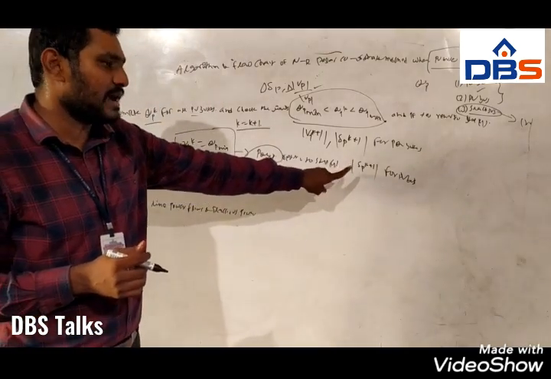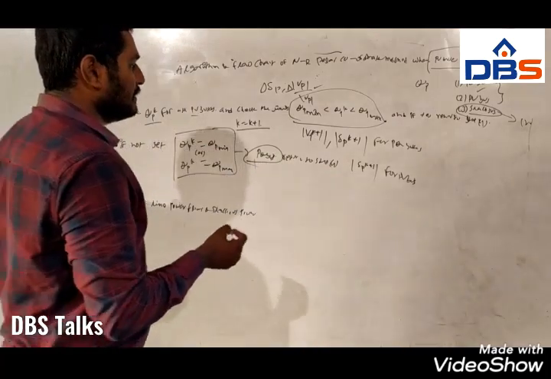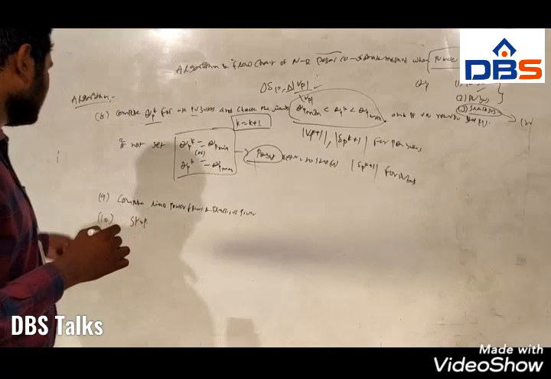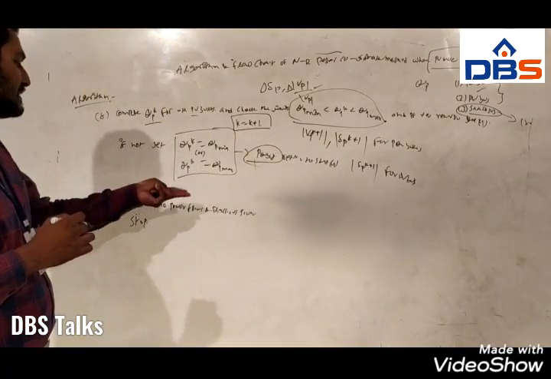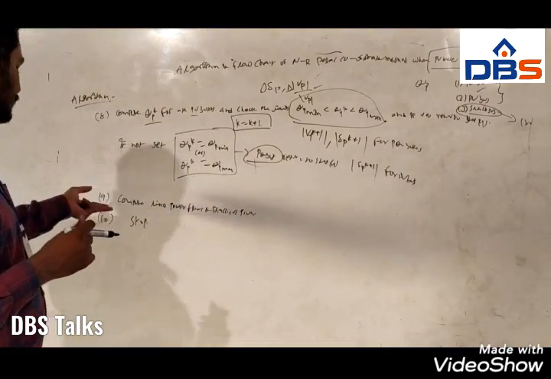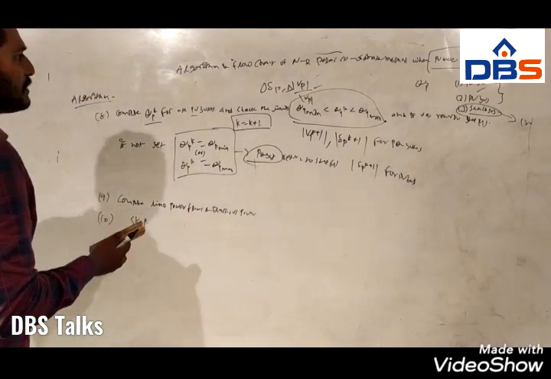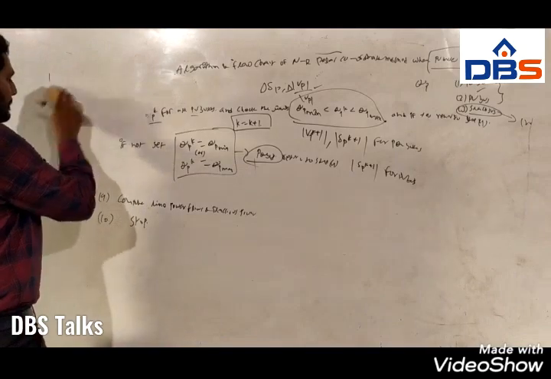And in this case also we are implementing the iteration, that is K is equal to K plus 1, and in the next step compute line power flows and slack bus power. And the last one is stop. So this is the algorithm for the NR polar coordinate method when PV buses are present.